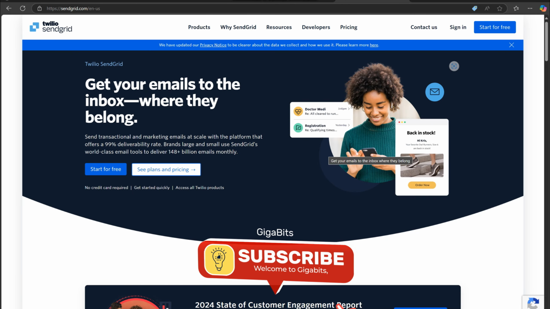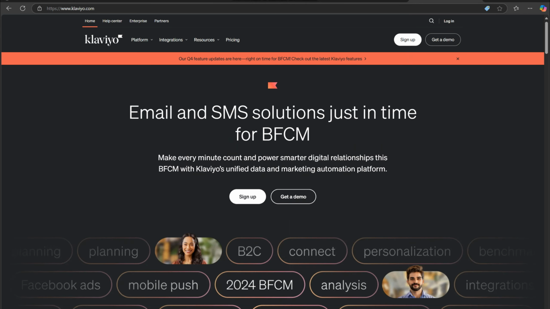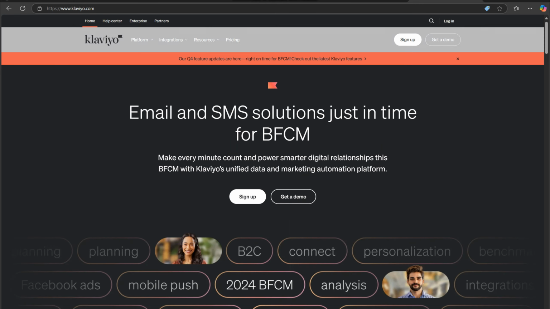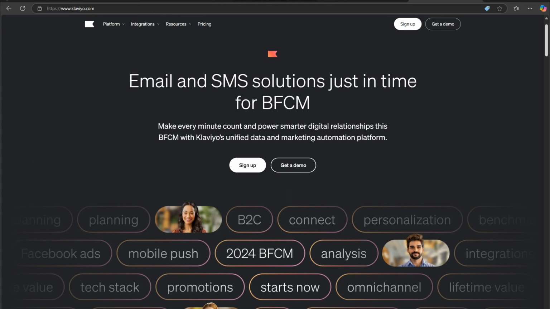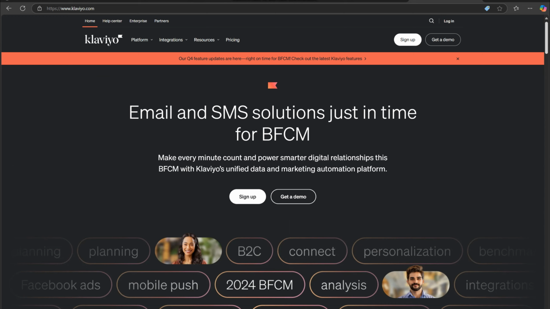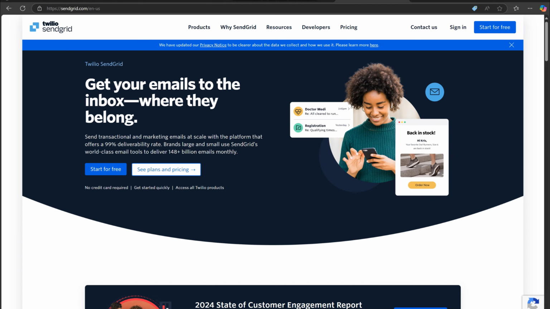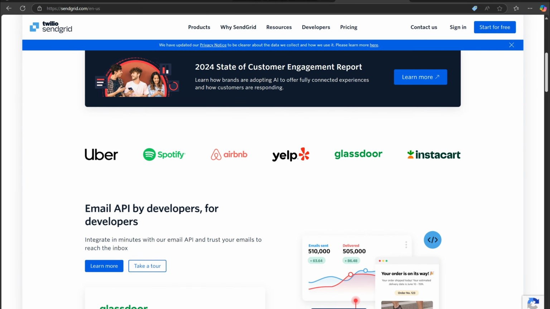In today's video, I'm going to show you a SendGrid versus Klaviyo comparison for email marketing. So let's get started. SendGrid and Klaviyo are both powerful email marketing platforms, but they cater to different needs and offer distinct features. SendGrid is primarily designed for transactional emails such as order confirmations and password resets, while also providing